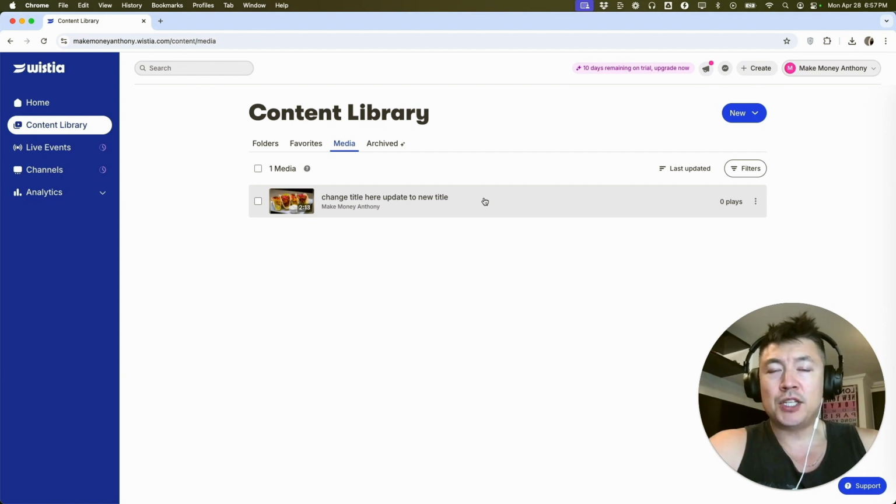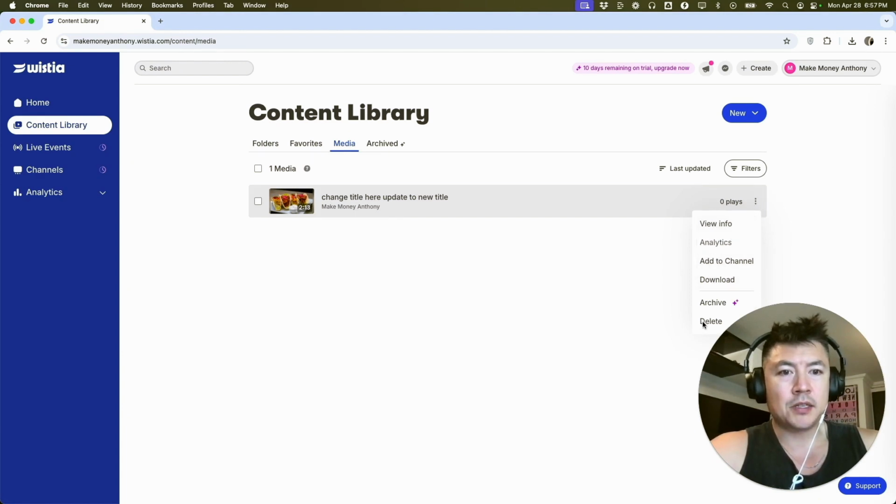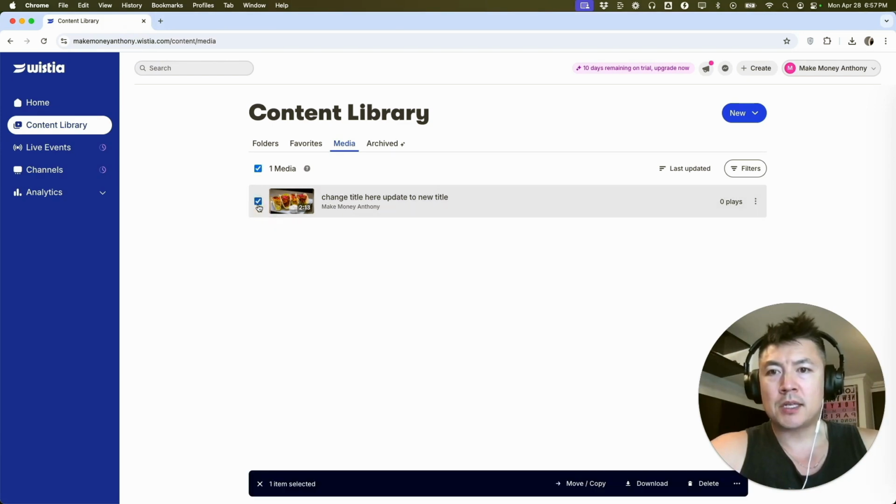And there's a couple of different ways you can do this. The first and easiest way is off to the right. You're going to see these three dots. Once you click on there, you want to scroll down until you see Delete and click on Delete. Another way you can do this is off to the left. You're going to see this little box. Just check the box. Once you do that, you'll see this pop up here at the bottom, and you can